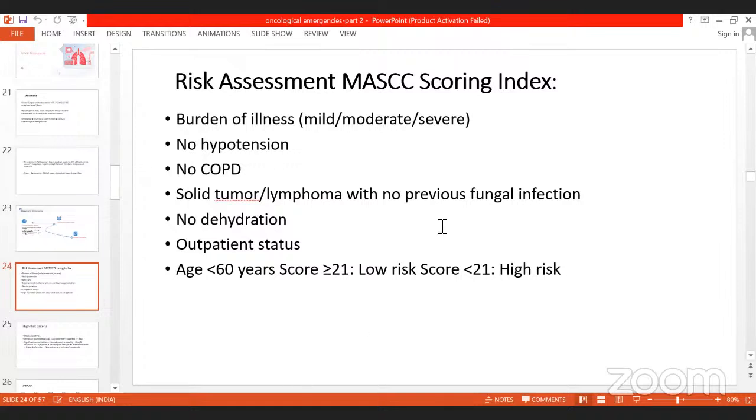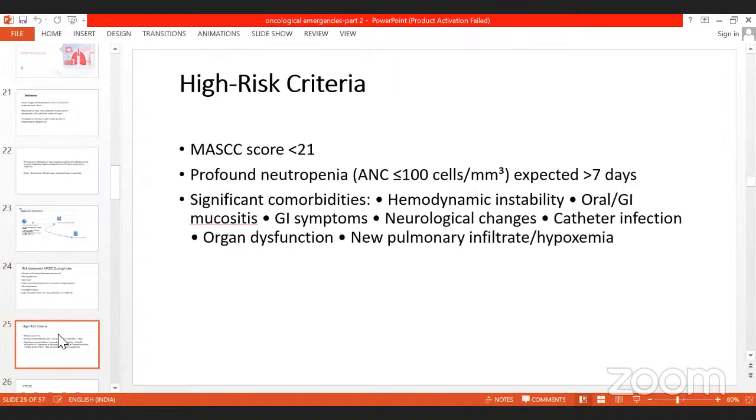If it's more than 21 or less than 21. And high risk category, MASCC score is less than 21, and there is profound neutropenia, that is ANC is less than 100, which is expected for more than 7 days. And significantly, we have other comorbidities like hemodynamically unstable or oral GI mucositis, neurological changes, catheter-related infections, or any organ